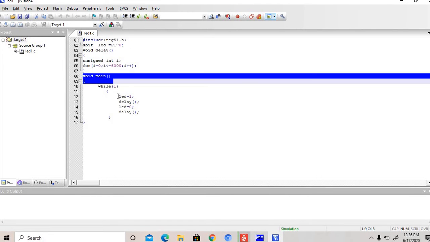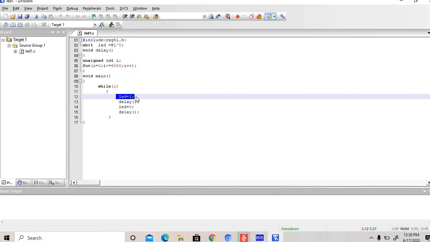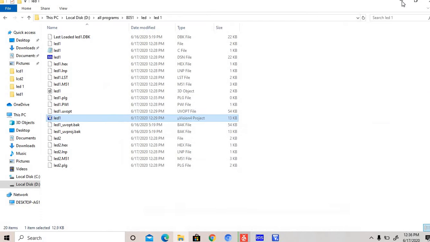In this, LED equal to 1 means LED is connected to, suppose I have to show you first. This is our Proteus.